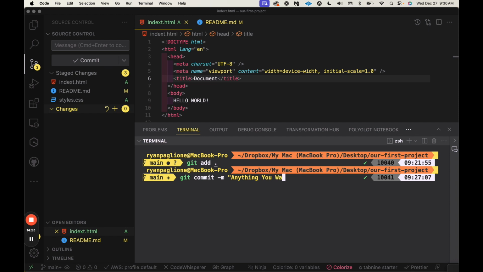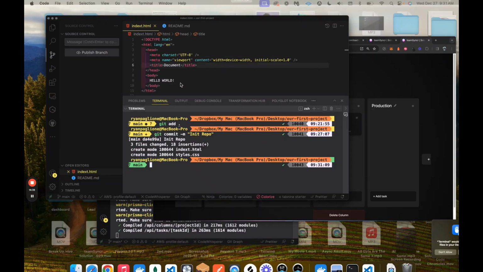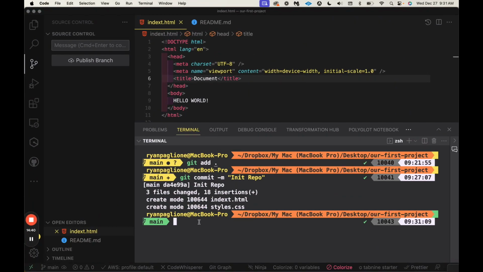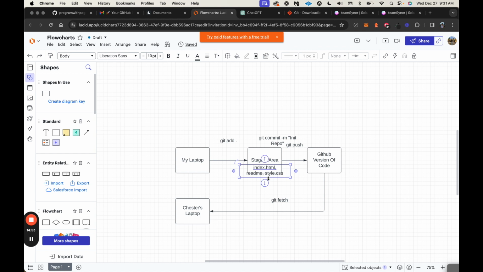So just because it's our very first git commit, I'll say init repo, for initialized repository, is what I'll do for my commit message. I just wanted to show you guys on Team Syncer how you could use these tools to help monitor and track your versions. And then now that we've added this git commit -m, let's go back to our Lucid chart. So we've now git committed, and I suppose this is now ready to be pushed